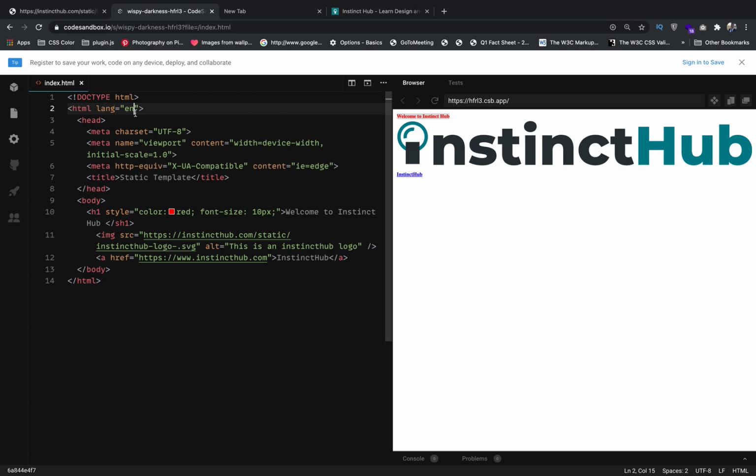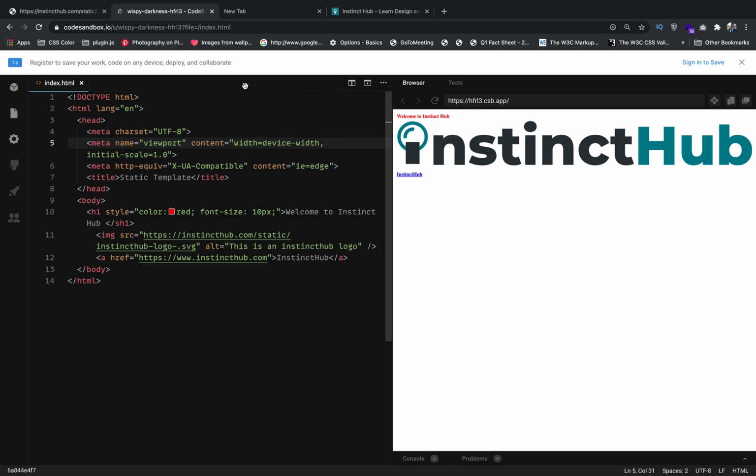And you can decide to specify what type of English. You can decide to put hyphen US to specify that it is American English that you want to use. You can decide to remove it and put FR to show that maybe the content of the document is written in French, and so on and so forth. But let's change it back to English since we are working with the English language. So that's basically it. But there are more attributes,